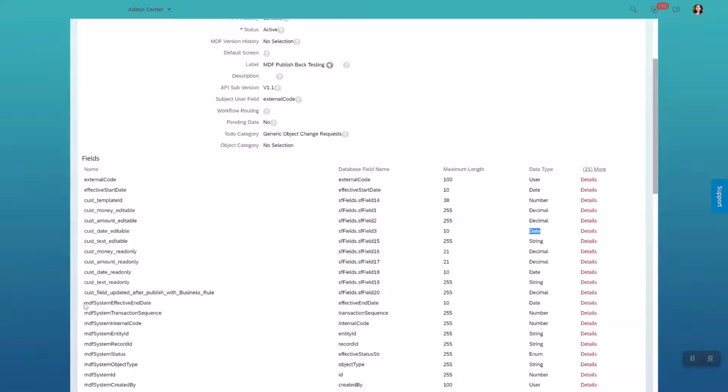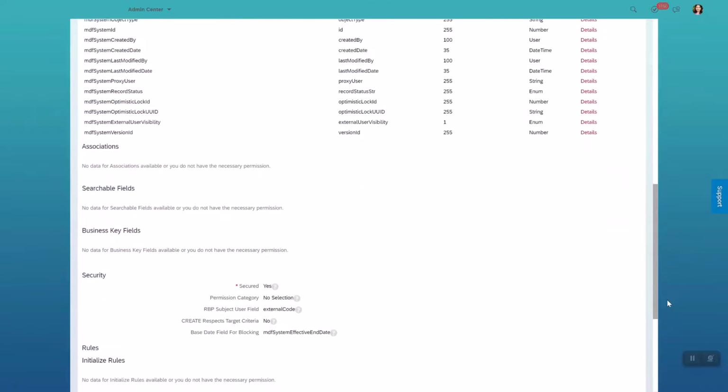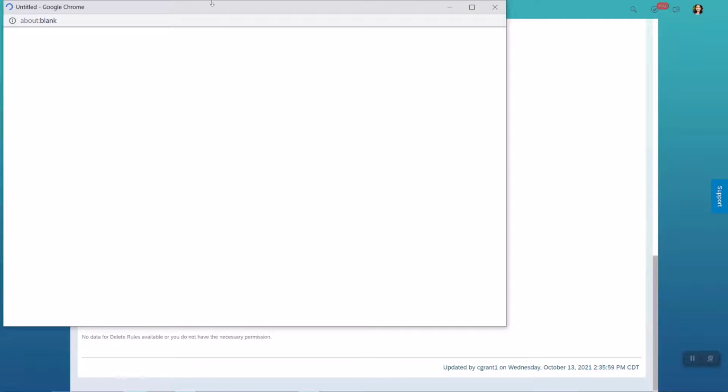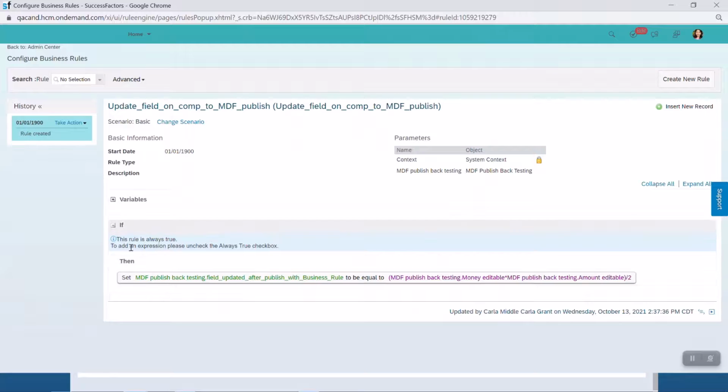So let's take a look now at this additional field that I used, which could be a good use case to build complicated calculations after a first publish back. We have this field that I added, and it is populated through a business rule that I mapped on my MDF. At the bottom here, it's called save rules, and I have a pretty standard business rule. It's a basic business rule when you create a new business rule, and basically all it says is, whenever there is a change on a record that's being published back,